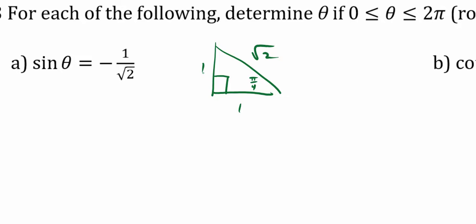Sine is opposite over hypotenuse, 1 over root 2. So when you do that, you have to make this statement. You have to state the related angle. Theta related equals pi over 4. I want to see that. Okay? And then the next part of this